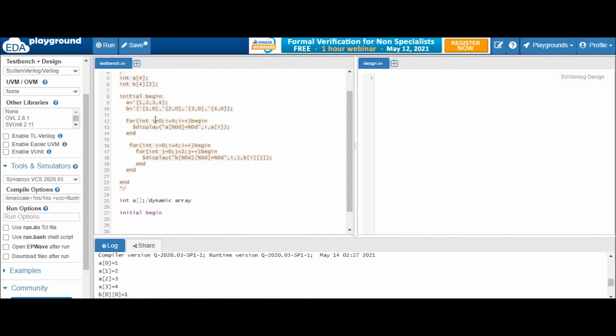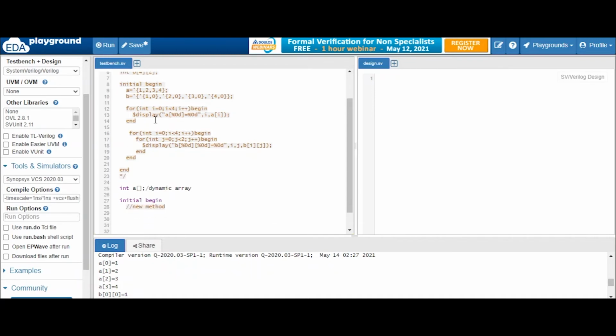So this will be assigned during the runtime, and in order to assign a memory, you need to use a new method. I hope you would have seen this new method in the OOPS concept, if you have been following our videos. So now to assign the memory to it, you have to make use of the new method.